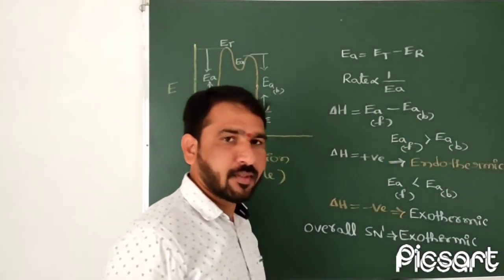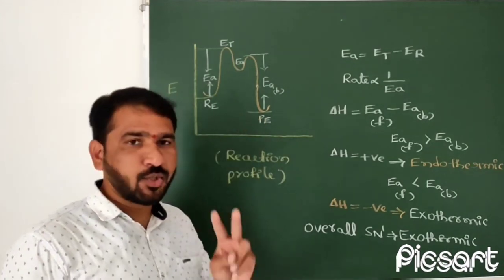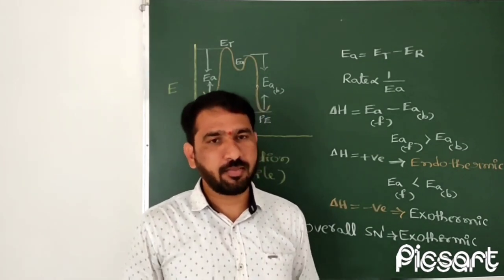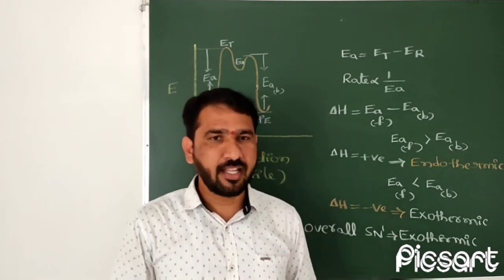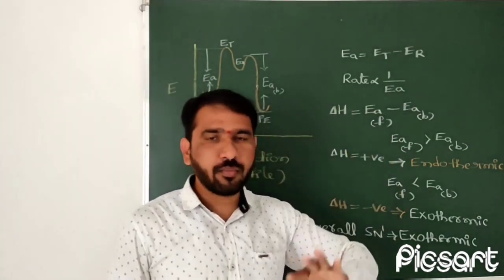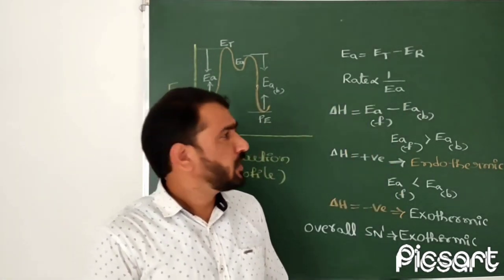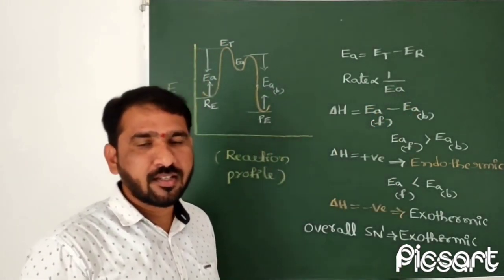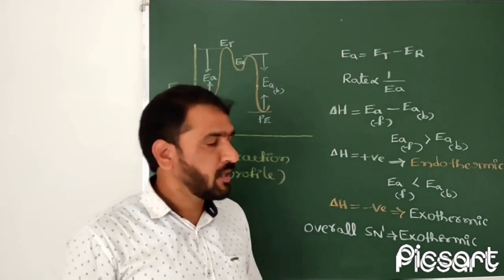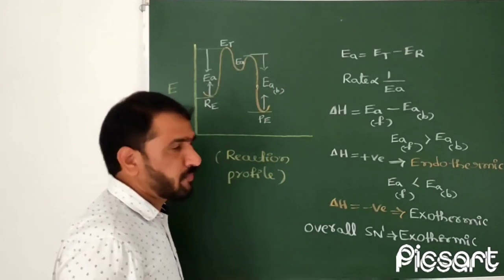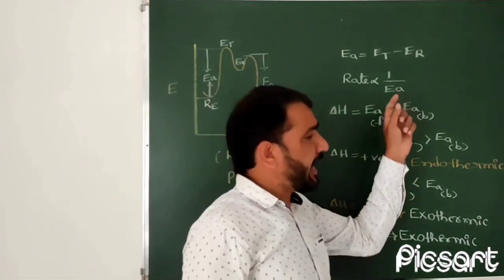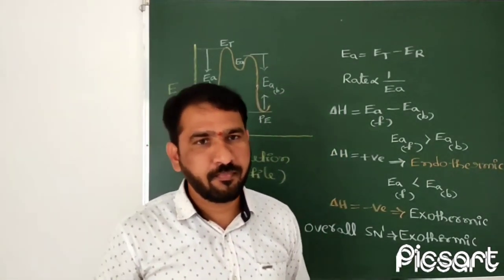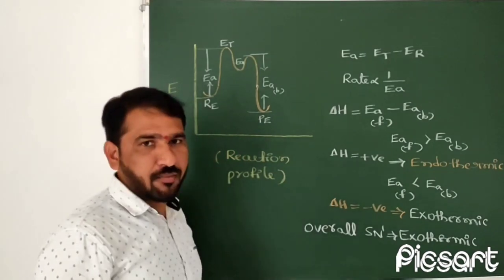Okay, so this graph explains two. What is that? Chemical kinetic explanation and thermodynamic explanation. According to chemical kinetics, rate of the reaction is inversely proportional to activation energy. So here first step having more activation energy, it means that rate will be slow. And second step of the reaction having less activation energy, it means the second step of the SN1 reaction is faster one. The thermodynamic explanation.